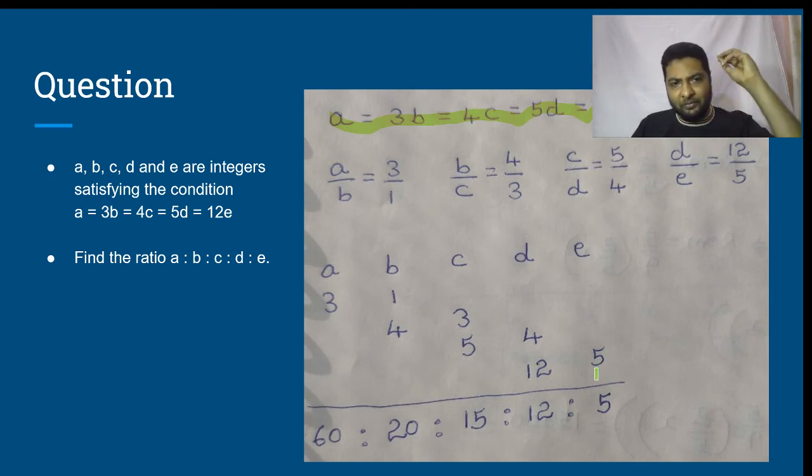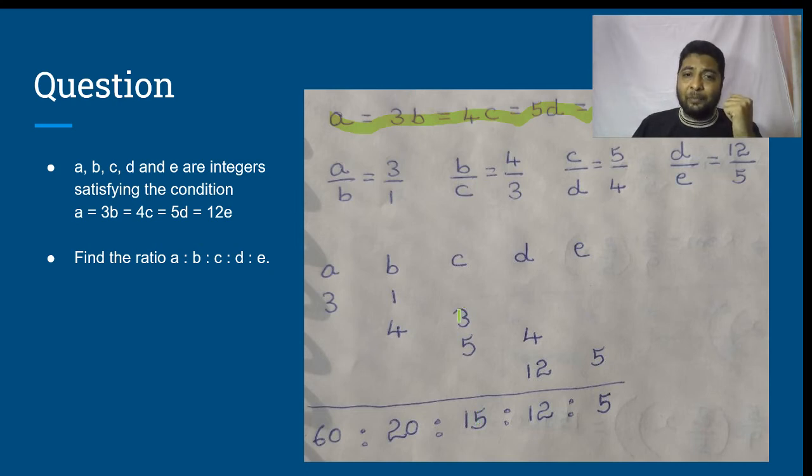Same concept as the marble concept that we were thinking of. So whenever E is 5, D is 12. See, when D is 4, C is 5. That is, when D picks up 4, C picks up 5. D has picked up 12. That means D has picked up 4 how many times? 3 times. So C would pick up 5 how many times? 3 times. 5 three times means C is now 15.